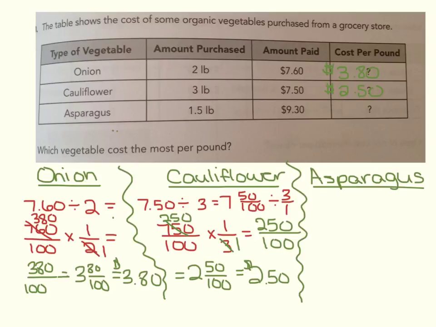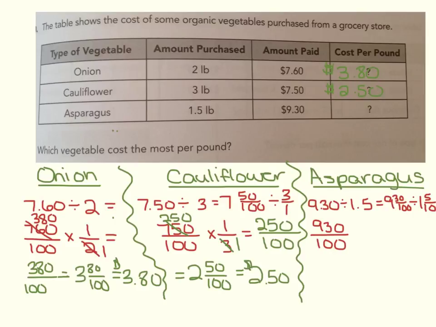Now let's do the asparagus. $9.30 is the total amount paid, and they bought 1.5 pounds of asparagus. So you take the total amount paid, which is $9.30, divide it by the total amount purchased, which is 1.5 pounds. That is 9 and 30 over 100, divided by 1 and 5/10. Turn them into improper fractions and keep, flip, change. So we end up with 930 over 100,